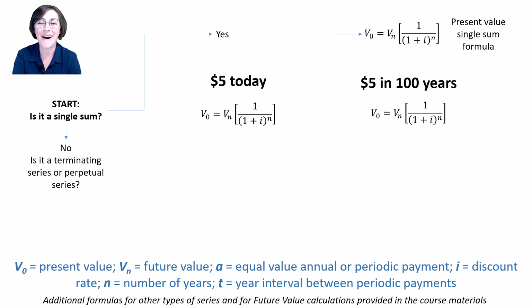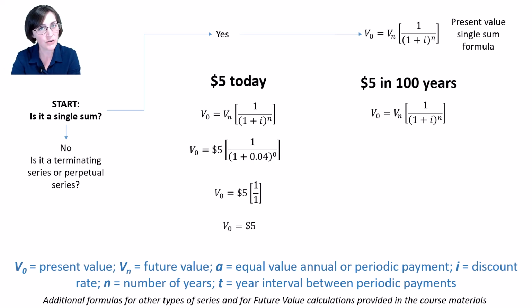You can feel free to pause the video and work these equations out for both scenarios. Or you can just watch me do it. Starting with the $5 today. This one is easy. You don't have to actually calculate anything because you know it's already in present value. That $5 occurs today. However, you can also do the math if you really want to by plugging in 0 for N, meaning 0 years or present value. Anything raised to the 0 is 1, and you see mathematically $5 today is worth $5 in present value.